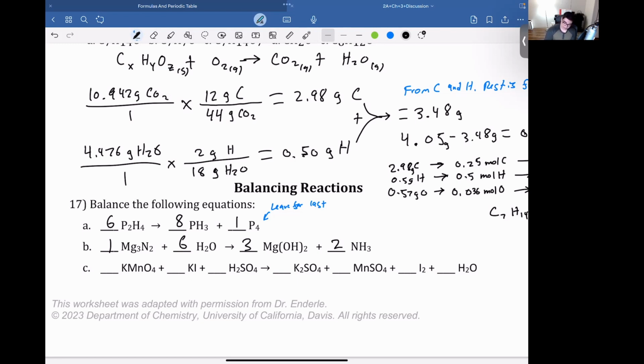So suppose we have one of each, right? If we have one of each, the hydrogens balance out, because I have 2 hydrogens on the left, and then I have 2 hydrogens on the right. Then we can look at the iodine. Suppose I have one I2, then I have two on the right and two on the left from the 2KI. Now we get to do everything else, right? So what do you do? Well, let's balance the